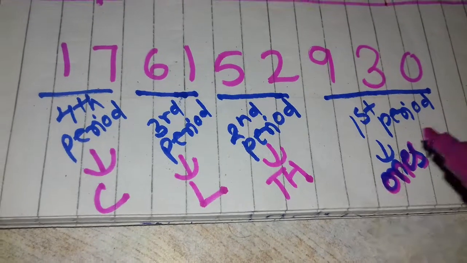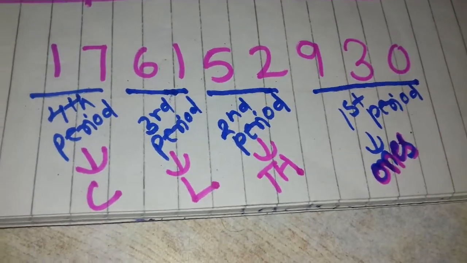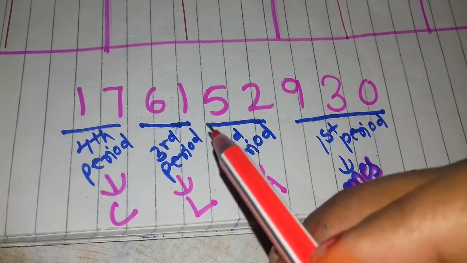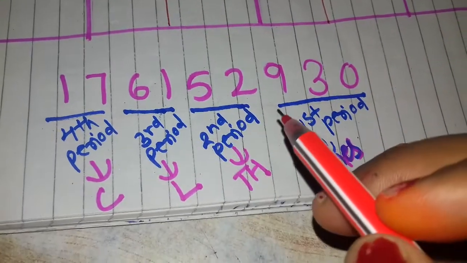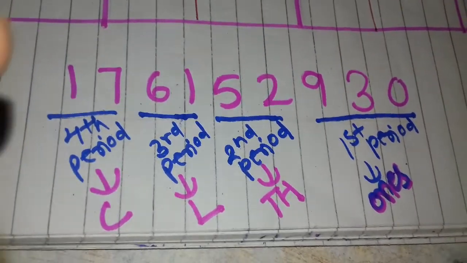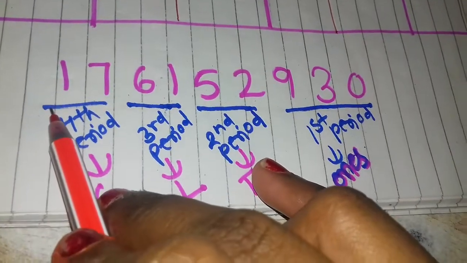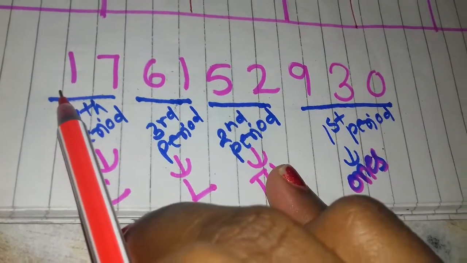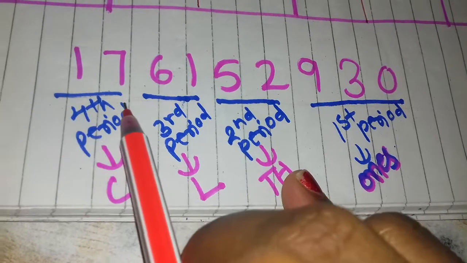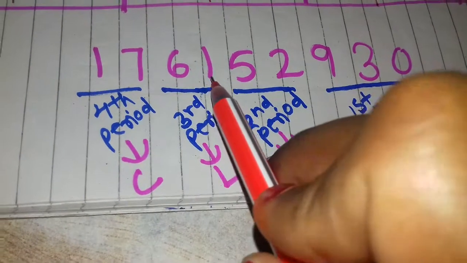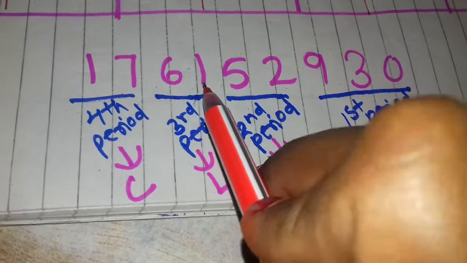Now we have to find the periods for this number, in which period these digits belong. We have arranged the digits according to the periods of the Indian number system. So how will we write according to the Indian system? There are two places, 10 crore and crore. So 10 crore means 17, as given. So it is 17 crore. Then the lakh period. Here again lakh, 10 lakh. So it is 61 lakh.